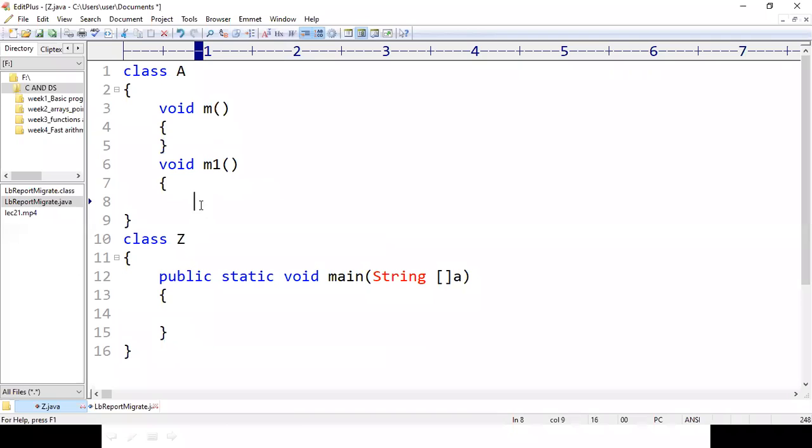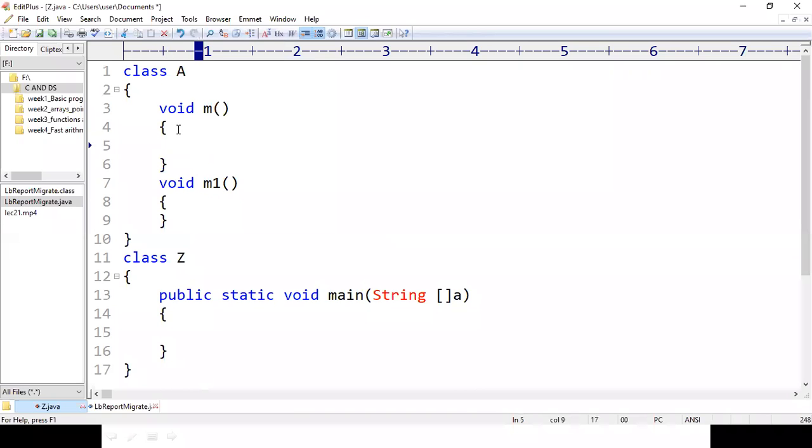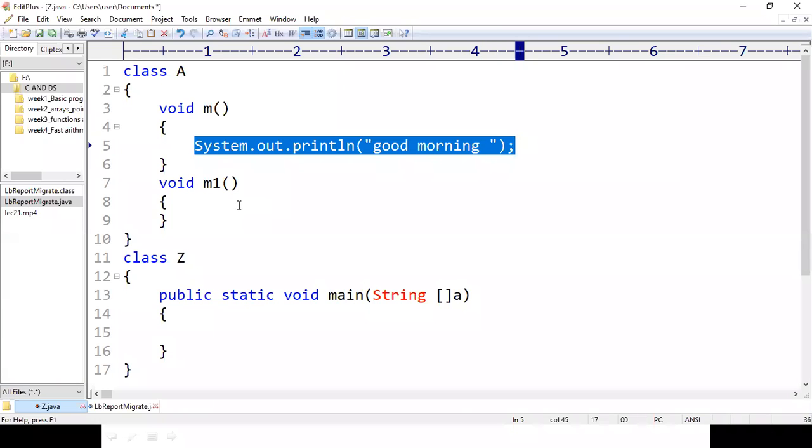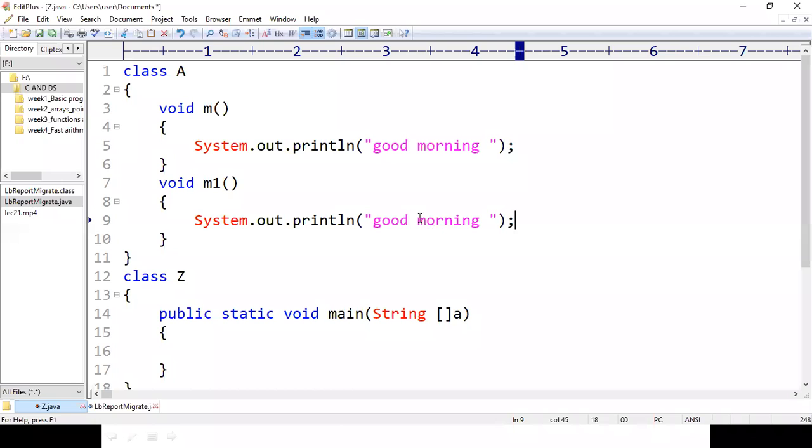The method m1 is going to print good morning on the output screen, and similarly the second method is going to print good evening. I have declared these two methods inside class A.